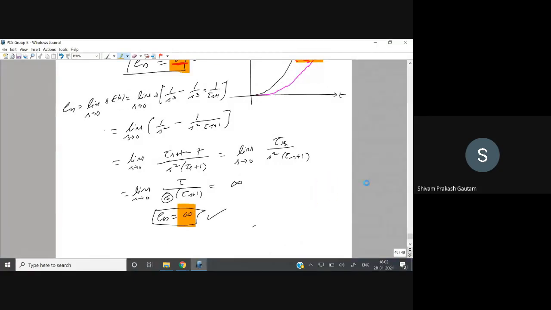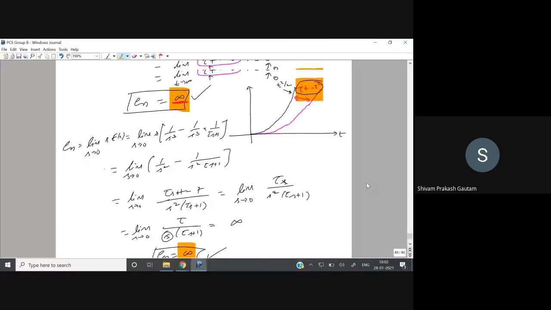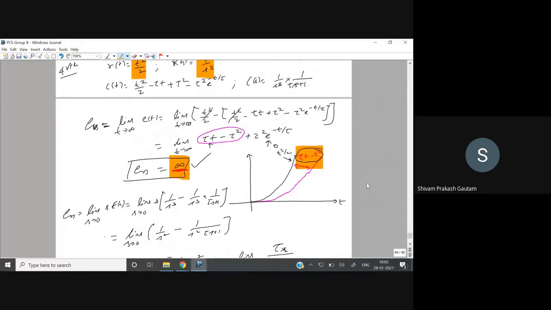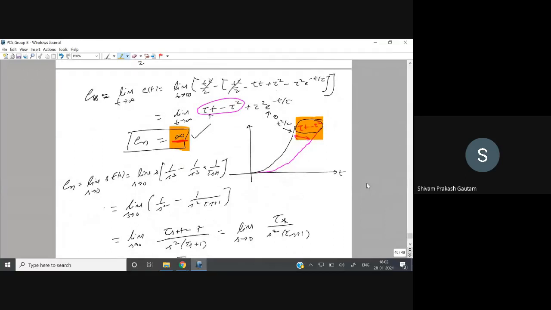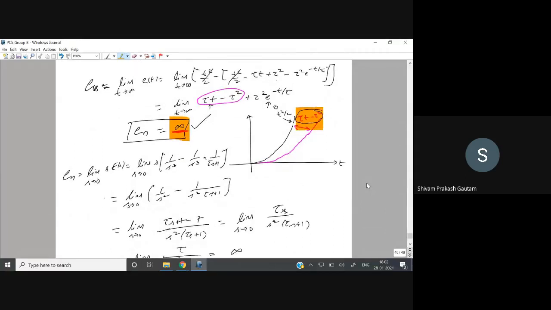So we have seen the first order system, and we have seen what are the responses corresponding to each input to the first order system. We have also calculated the steady state error for the first order system. Next class, we will see some examples, and this will be the syllabus for your mid-sem. Up till this point, which we will be covering in next class, that will be the syllabus for your mid-sem. Is it clear?